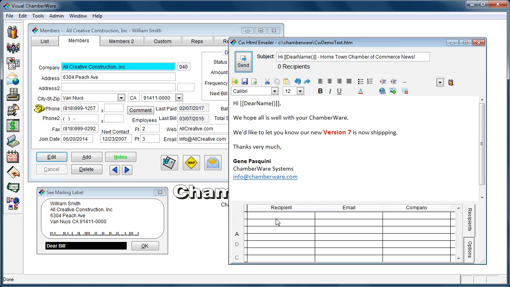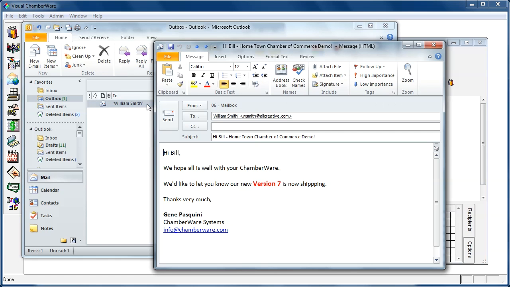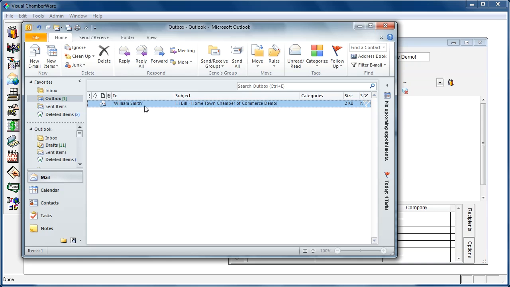Let's take a look at it over in Outlook. And here we see the email. Notice the subject line has the Hi Bill as the subject, and it put in the changes that we made here. You can put in, of course, any subject that you like. If we take a look at the email, we see it was addressed Hi Bill, and that's because it also used the merge field here, and then the rest of the email as we had sent it. So let's click that, and we'll delete this now